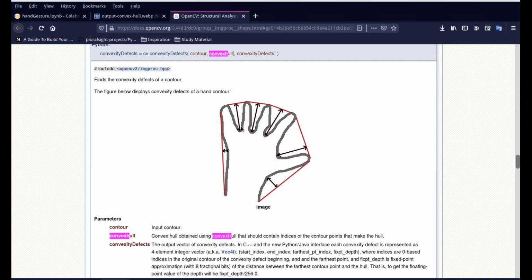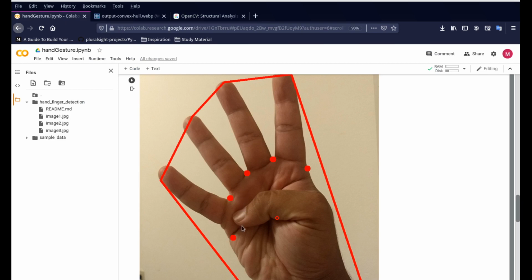So with contour detection and convex hull, when you compare both of them and you try to merge your convex hull and your contours, these defects would be coming in. So if you count the number of defects that are present, that would give you the number of fingers that were present. That is the exact thing that we are doing here in our case as well. So these red dots right here are nothing but the valleys that are present. This is the center of the object, and these solid red dots are nothing but those defects.